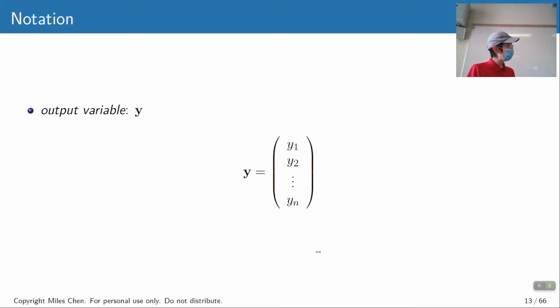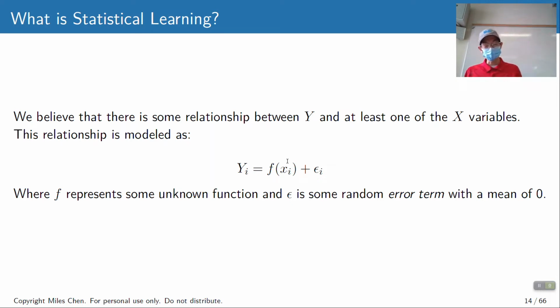Meanwhile, the output variable, our target values that we're trying to predict, will be y, and we're going to assume each of these is just one value that we're trying to predict here. Okay, and this could be a numeric value if it's a regression problem, or a categorical value for classification problems and things like that.